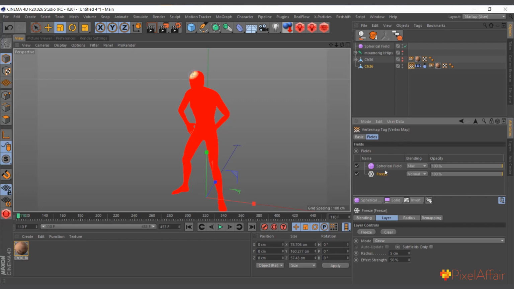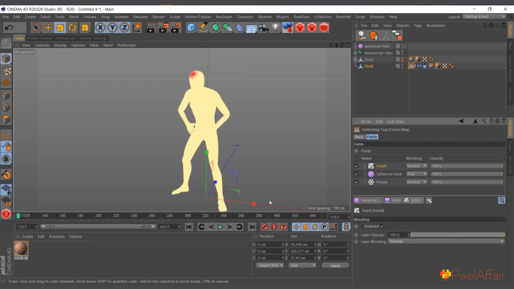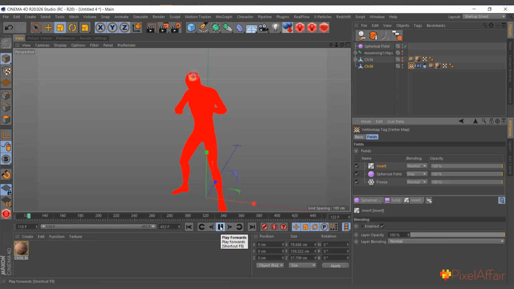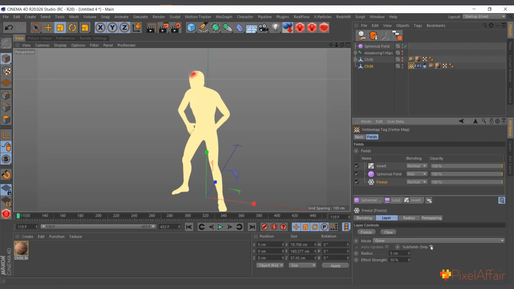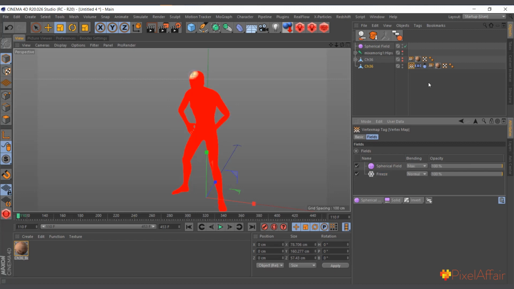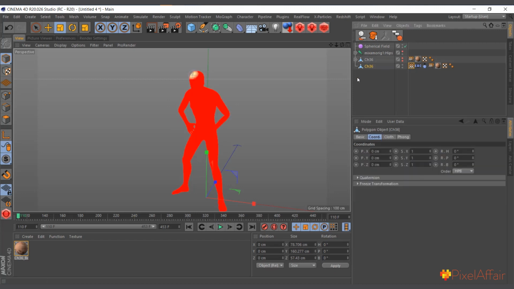Ideally, I don't know what's the issue, but if I add invert, I'm still having issues with this. Invert and hit play, it keeps jittering like that. So ideally I should select the freeze and subframes only, and let's see how it works. It's not working. Ideally the subframes only should make it work, but my way around is I actually create another